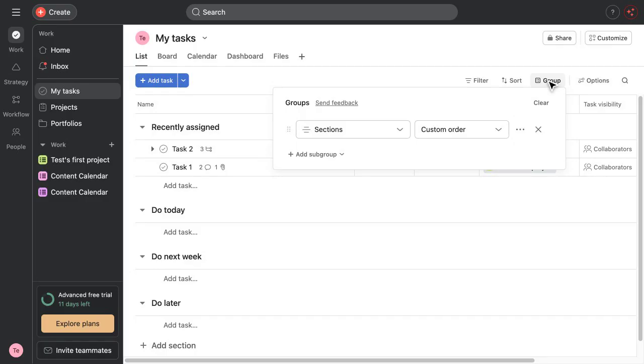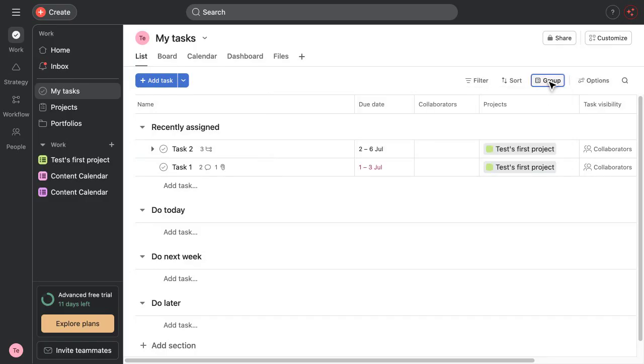To recap, My Tasks pulls everything assigned to you into one screen, automatically grouped by when it's due. You can view it as a list, a board, a calendar, or a dashboard, and fine-tune what you see using